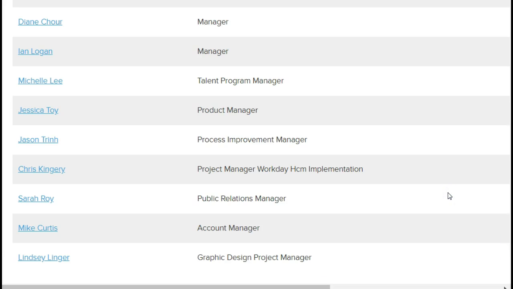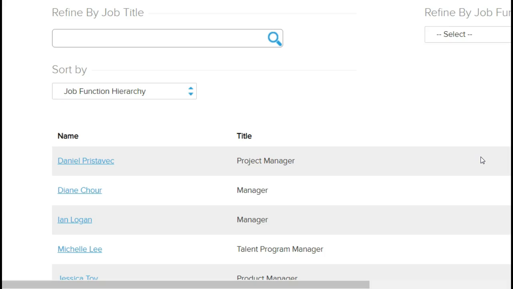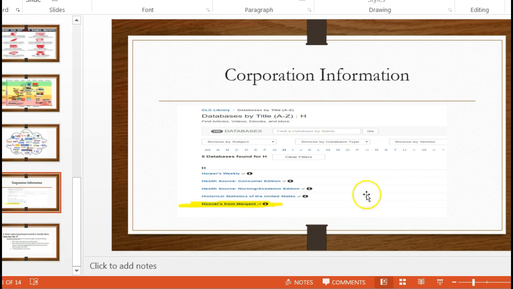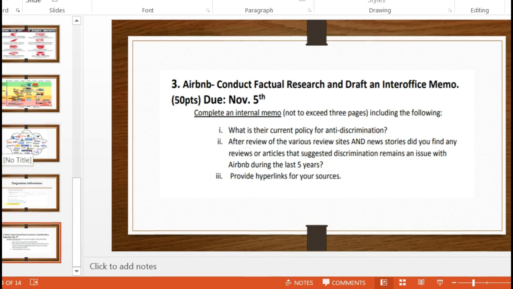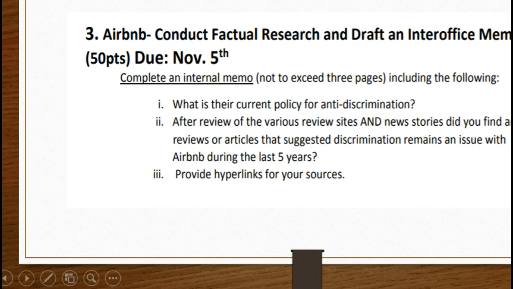So you see lots of things happening on my screen, and I'm actually not going to delete some of that. But now you know that I'm taping in real time, if you will. So that's what I have about Hoover's and how you'd want to use that service to learn more about Airbnb as a company.